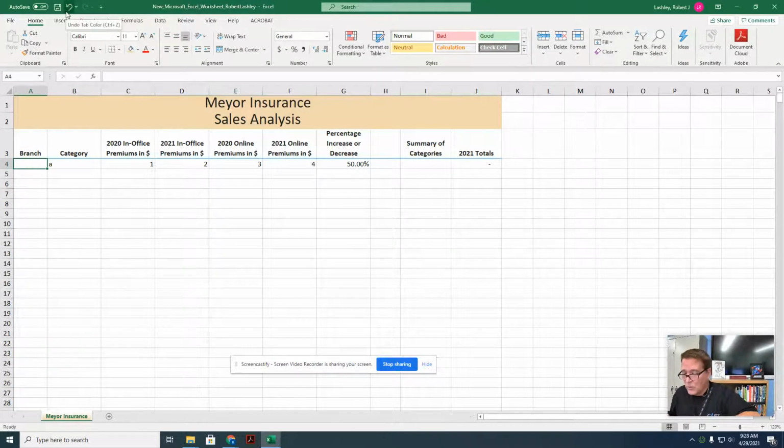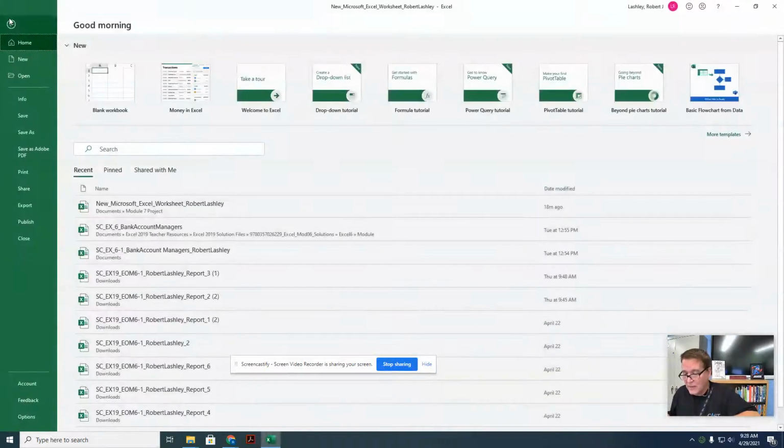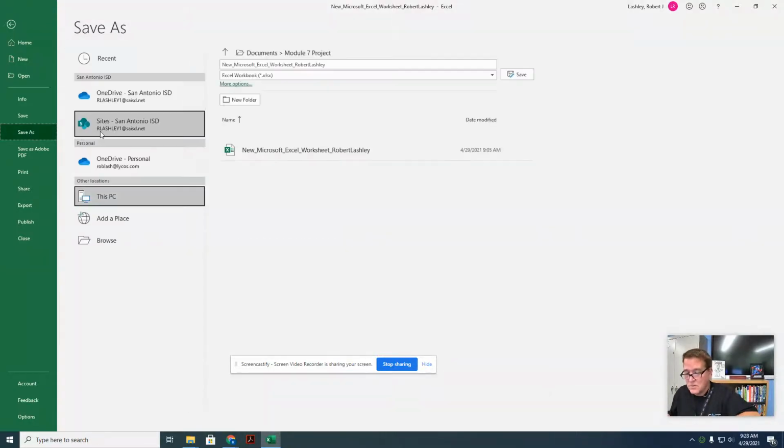Now because we've already saved it, I don't want to click the save button. I want to click on save as. Because when you click on the save button, it should automatically save it with the file name, but we don't want to use that file name. I want to use a different one. So we're going to go to save as. And then it tells us exactly what to call it. So we're going to get rid of all of this, and we're going to call it